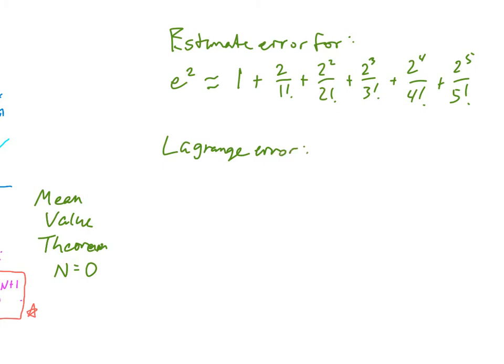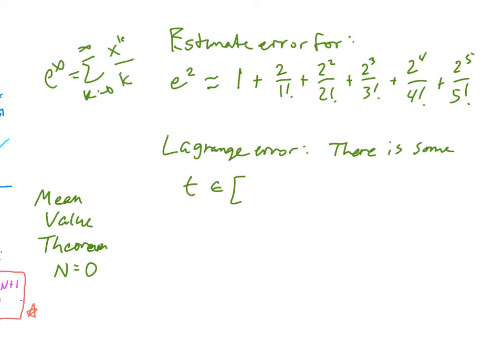The Lagrange error estimate says there is some t in the interval between where my series is centered. Now remember that series is just e to the x equals the sum k equals 0 to infinity of x to the k over k factorial. The fact that I've got powers of x and not x minus some other constant, that tells me that my center is a equals 0. That's where this thing is centered. So there's going to be some t in the interval between that center and the place where I'm trying to estimate f, which is 2. So there's some t in between those numbers such that